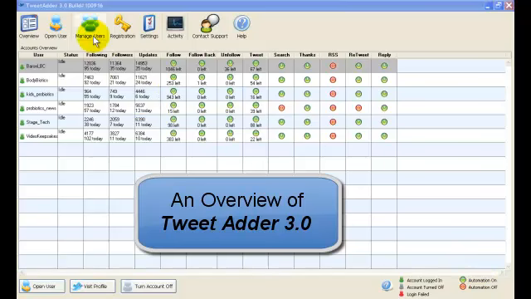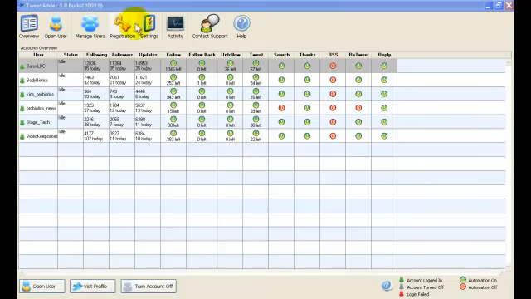Hey guys, I want to give you a brief overview of the new TweetAdder 3.0. It's awesome. It's absolutely the Rolls Royce, Ferrari of Twitter applications. As you can see, you can run as many Twitter accounts as you want